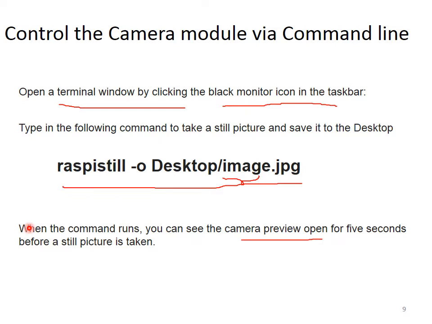So what you do, you need to open a terminal window. I'm going to show where we can get it. We have to open this terminal window by clicking the black monitor icon which is available on the taskbar. It is something like the command line which we normally use in our Windows operating system. In the command line, you need to write this command. You can note it down if you want. The command is raspistill -o